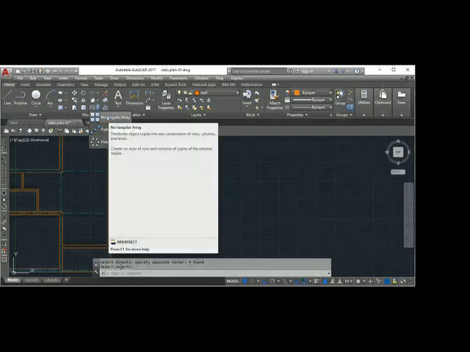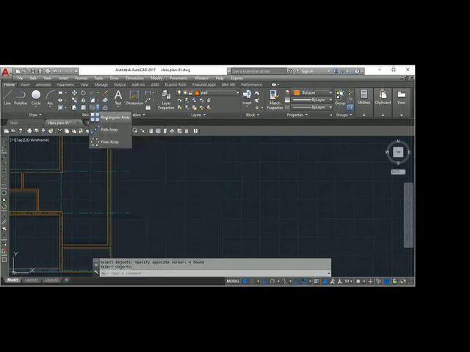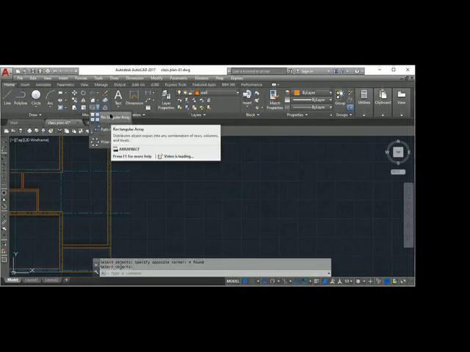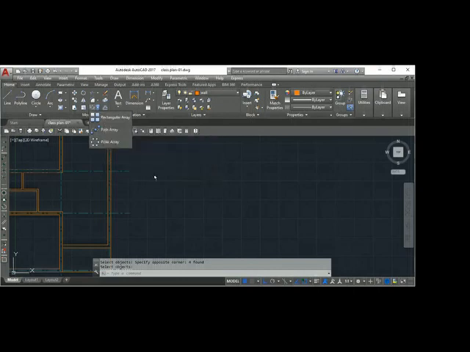Array command, ARRAY. There are three types of array command: rectangular, polar, path. Three types of array you can do. So array is nothing but copying an object in a pattern. The array command is used to array an object or copy an object in a pattern.